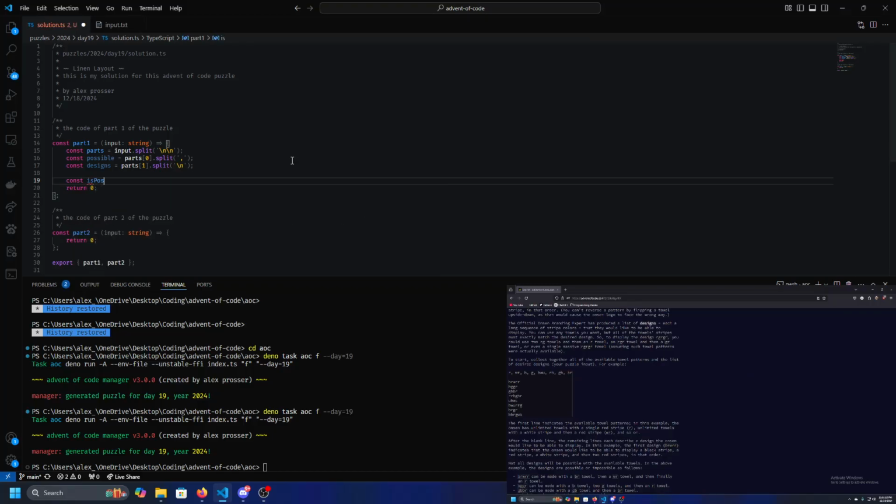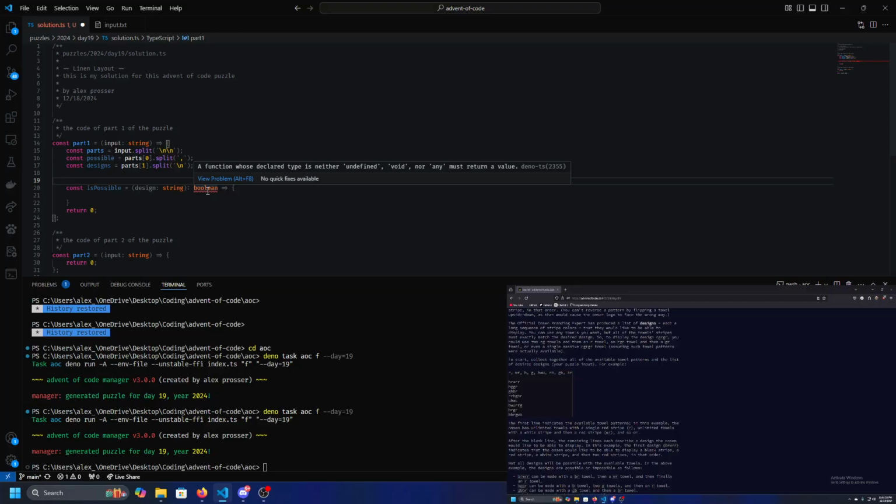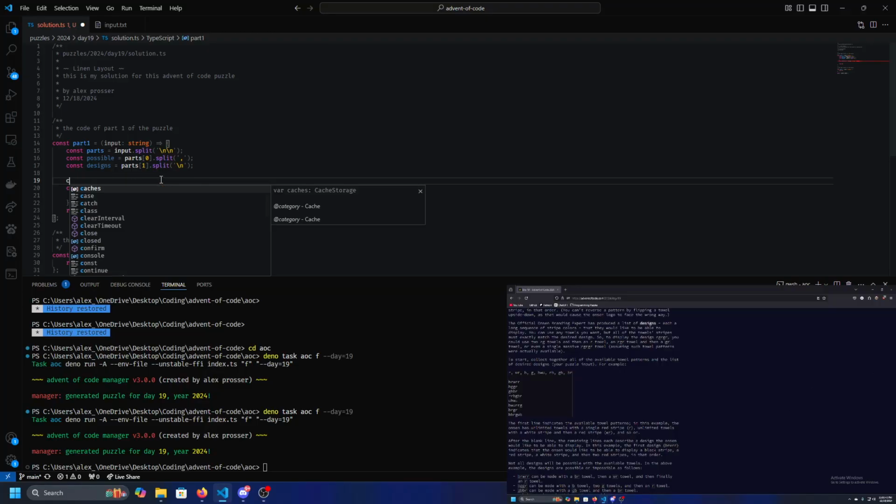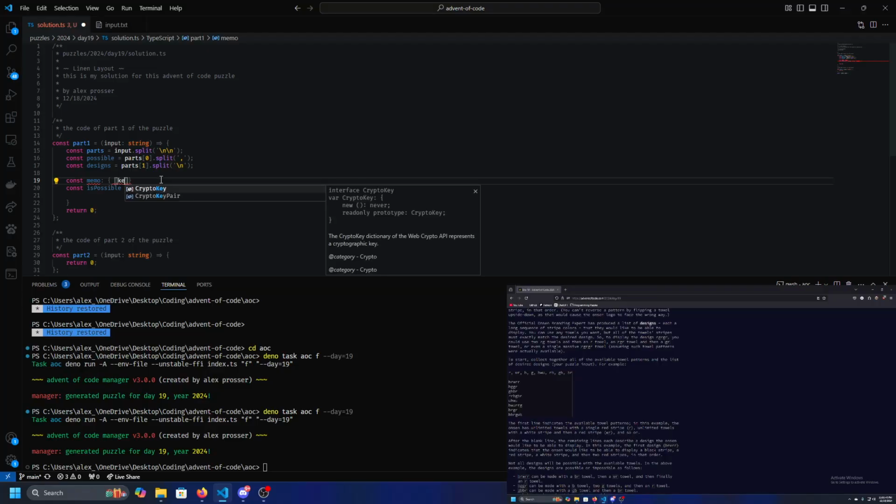So isPossible design string, which returns a boolean. The good news is it kind of looks like an automata. And this is gonna be a boolean, just so we can